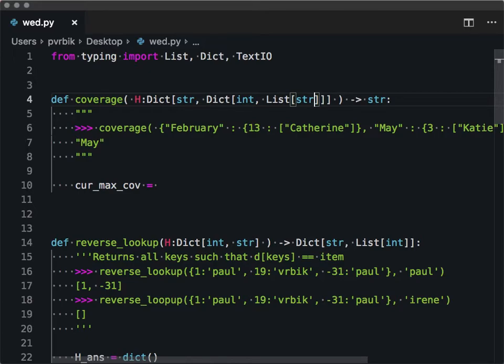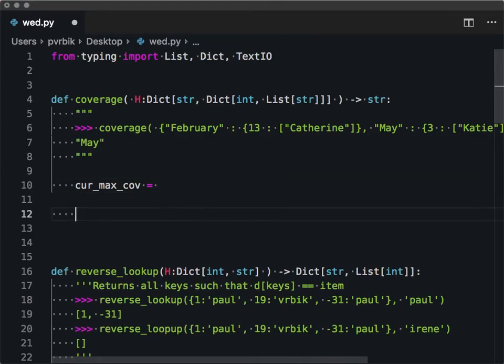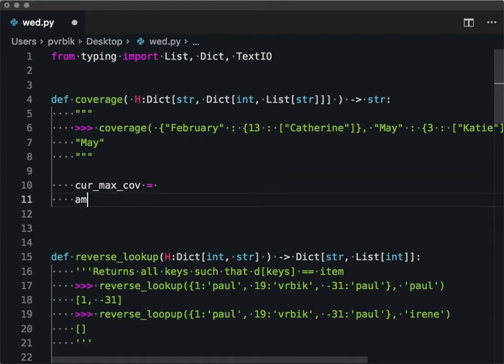Yeah, the first dictionary takes a month to a dictionary, and the inner dictionary takes integers to lists of names. So thank you for that. The current maximum coverage has to be equal to some default value. I'm going to leave that there for the time being, because this confused some people on Piazza. So next thing I'm going to do, and I also need an answer, which I'm not going to define